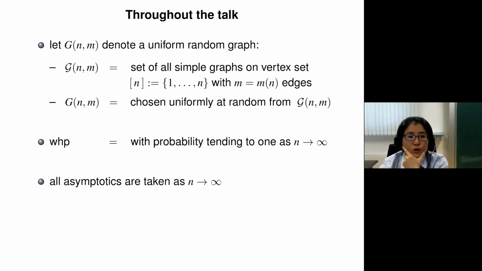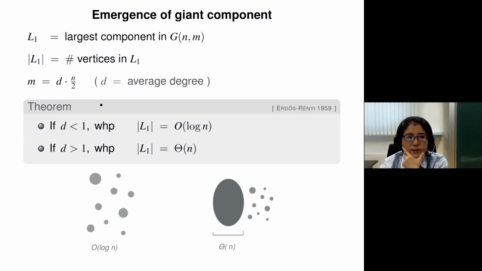As you might know, one of the most striking results about the Erdős–Rényi random graph is the so-called emergence of the giant component. To be more precise, let L1 denote the largest component in the Erdős–Rényi random graph G(n,m), and we are interested in the number of vertices in L1. Of course, one can also talk about the number of edges, number of triangles, and so on, but we will focus on the number of vertices in this talk. What Erdős and Rényi discovered is that the order of the largest component, the number of vertices in the largest component, I will just call it order,